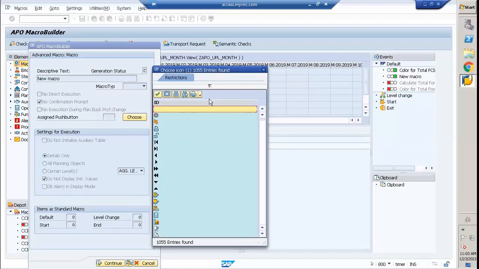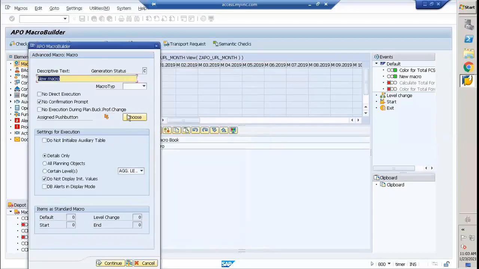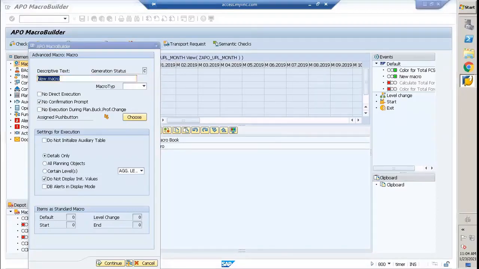If the user wants to execute the macro interactively, here I'm just assigning any button. That means whatever button I select here gets reflected in the entire demand planning screen. If I click that button in the entire demand planning screen, the macro will get executed automatically. For example,